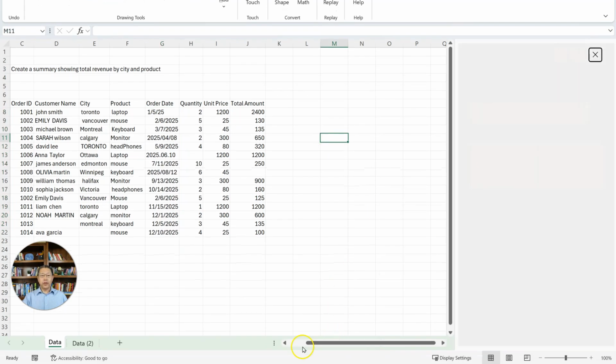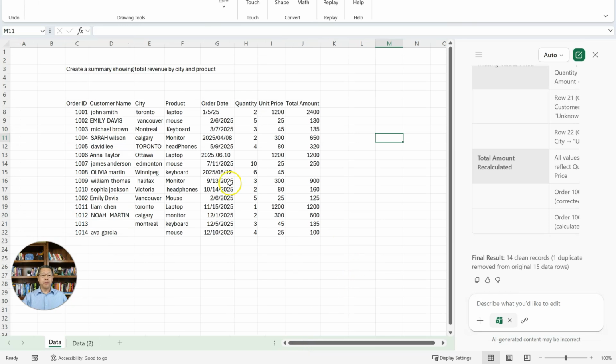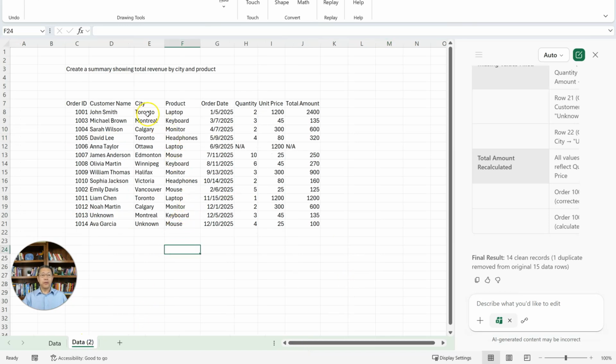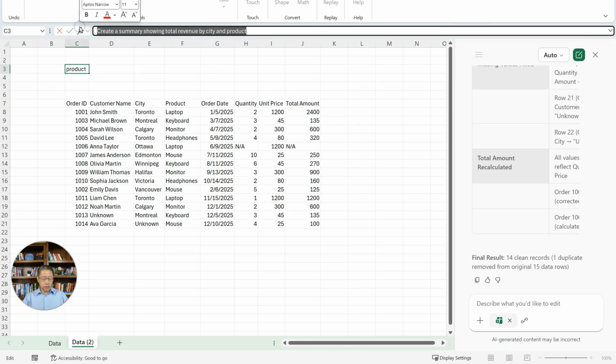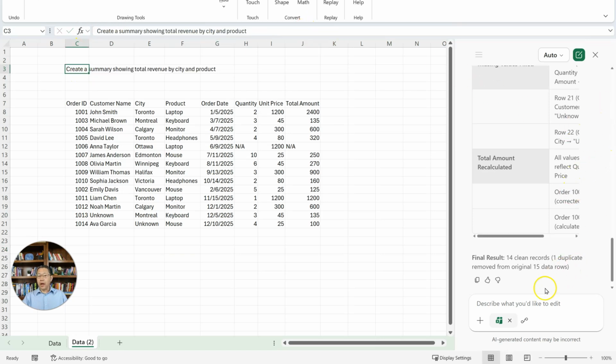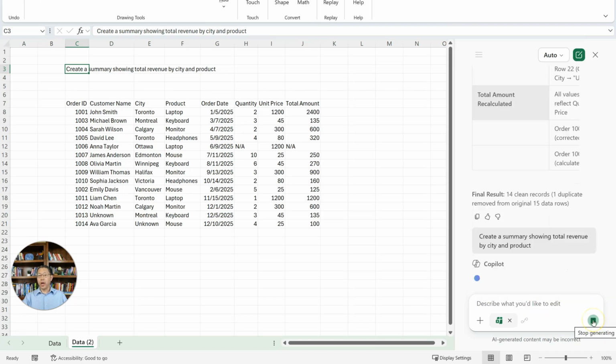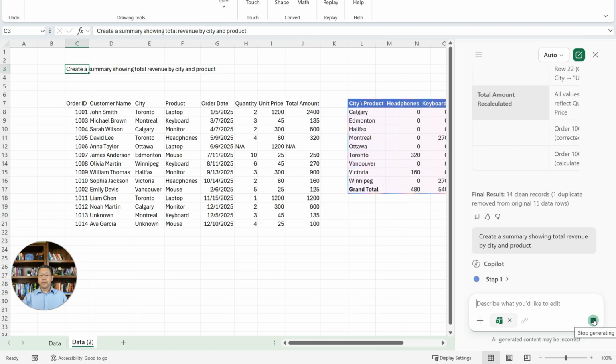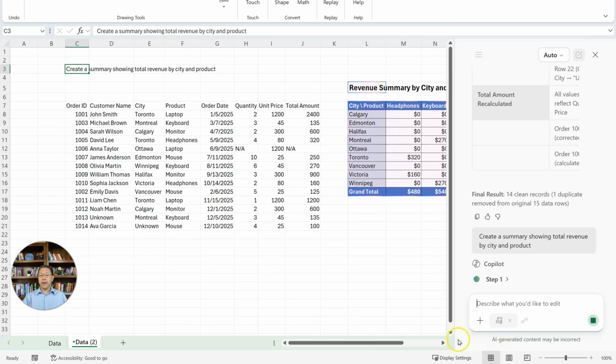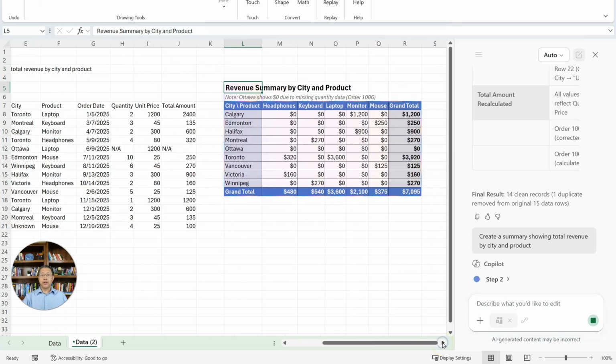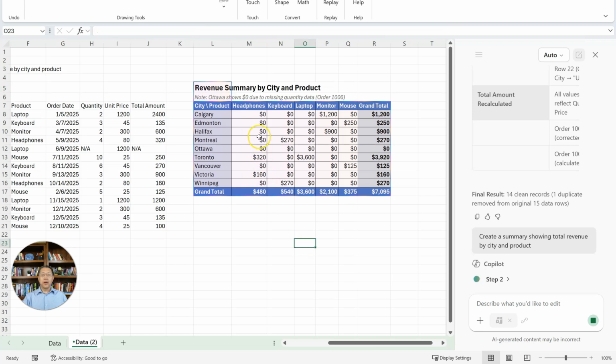I want to ask Copilot to create a summary based on this new cleansed data set. So my prompt will be the sentence over here. I will just copy that and paste it in over here and send my prompt. Again, I may need to wait for 20-30 seconds to get the result. Okay, so now Copilot has done the summary and created a table on the side over here, and those are actually formulas